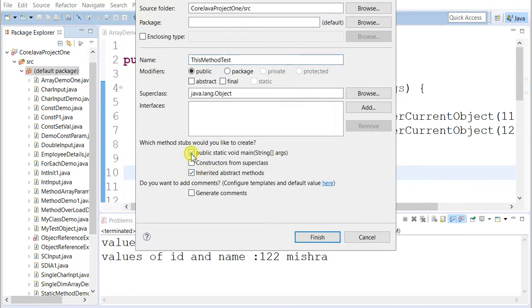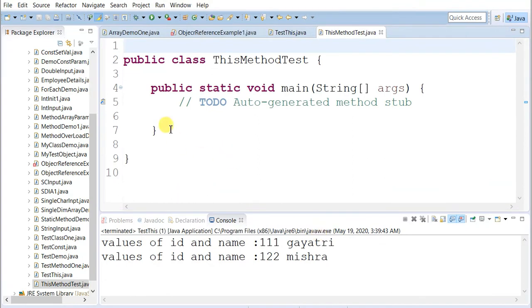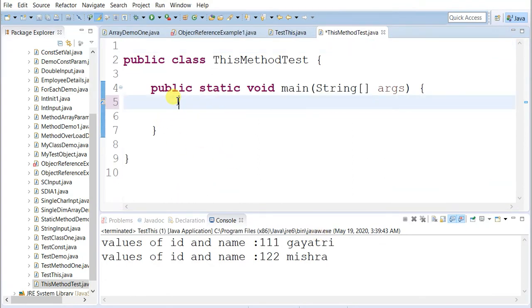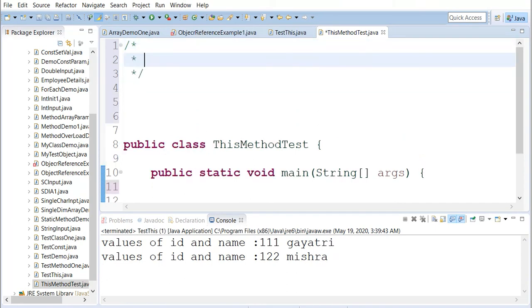Now let me say it is a main class, and let us delete the unwanted data. Let's say the code is for use of this keyword to access the current class method.